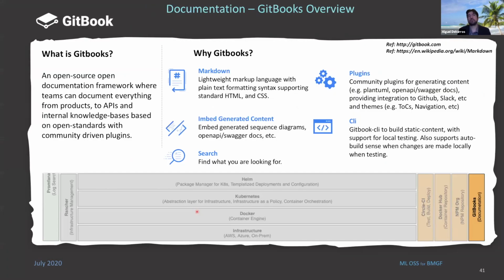Gitbooks, we use that for documentation. If you go to the documentation repository for Mojaloop, the visual representation of that is based on Gitbooks, and it provides a way for us to represent the documentation in a markdown format, where we can embed content into that markdown format,